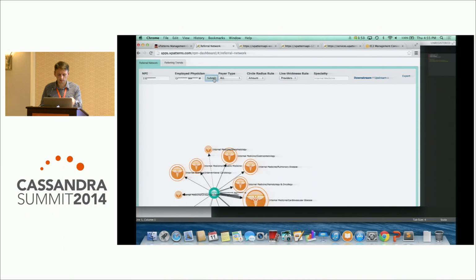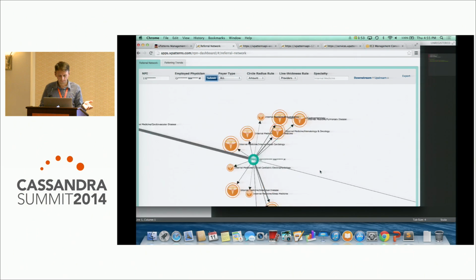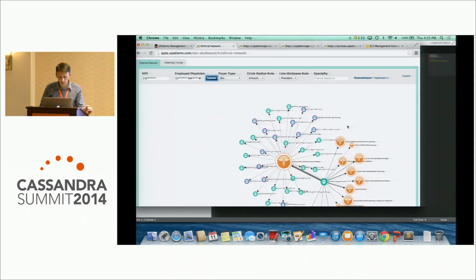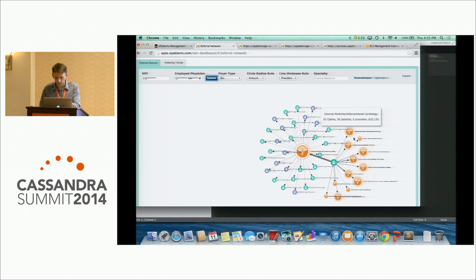By the way, this is a dashboard that just uses the data that's exported in Cassandra. So it uses those APIs on top of Cassandra, nothing else. It's roughly 1.8 million providers that were extracted from that 10 billion record data set and 50 million relationships. So now starting from that provider, we have a grouping by specialty, internal medicine,